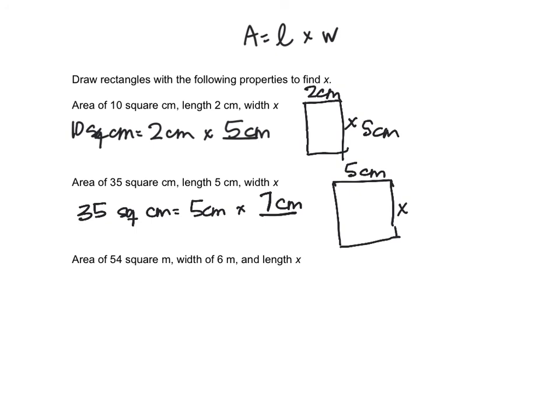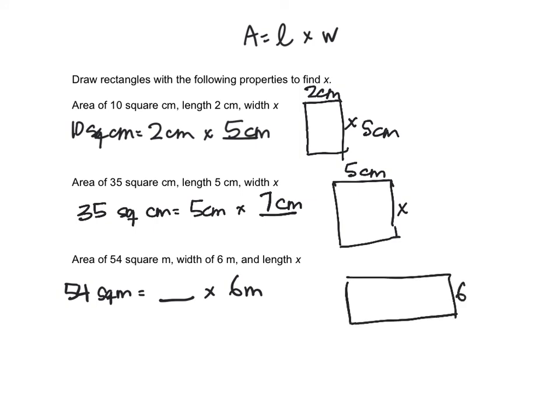So here's our last one. We have an area of 54 square meters. So I'm just going to write that right here because I know that's where it goes in my formula. I have a width of 6 meters, and I'm not certain what my length is. But looking at this, I think, okay, well, 6 times what number is equal to 54? If you remember your multiplication, it's 9. So 6 times 9